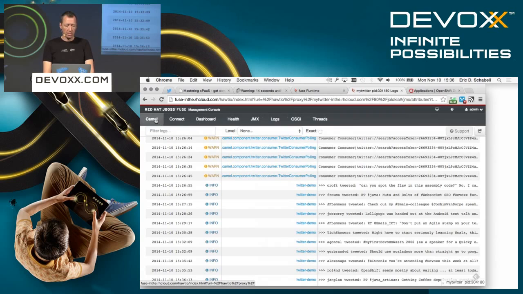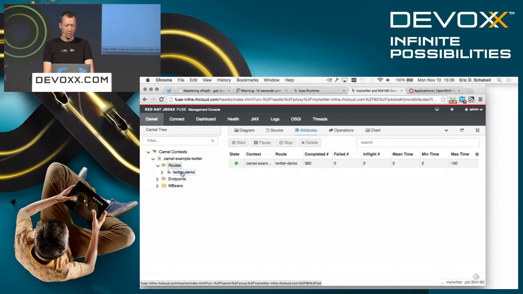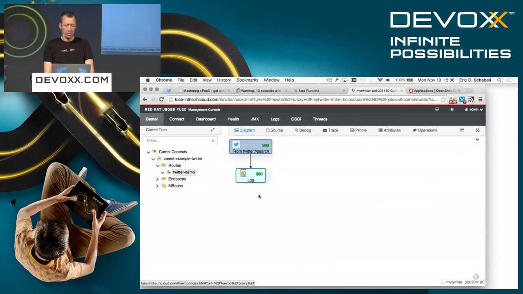and we go look at the Camel stuff, we'll see that there's a route in here, Twitter demo. And he's basically going bananas because right now he's pulling in from a Twitter feed anything that's mentioning DevOps. So remember that feed we had over here? That feed was, every time it clicks, this thing is pulling one of those in. And you can adjust that any way you want to do this live